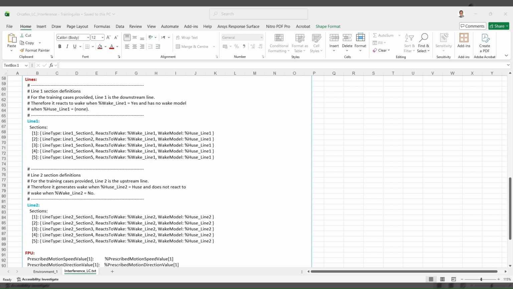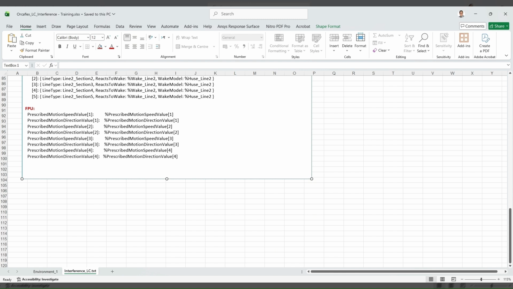Therefore, line 2 is assigned the wake model, for example, the Hughes model, while line 1 is configured to react to the wake. These values are also controlled from the spreadsheet, so the wake setup can be changed from case to case if required.